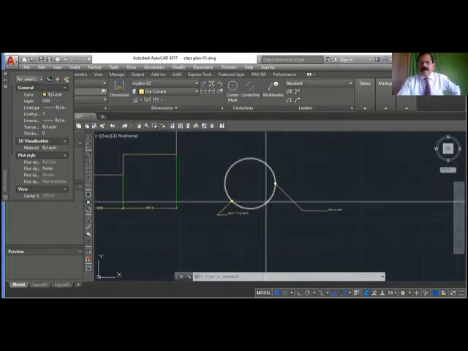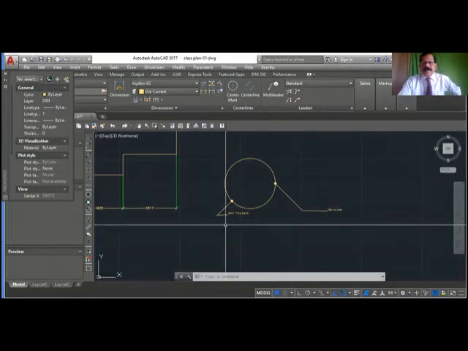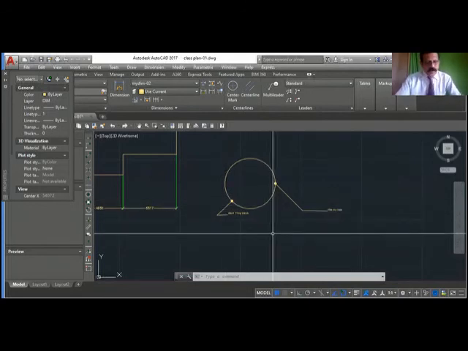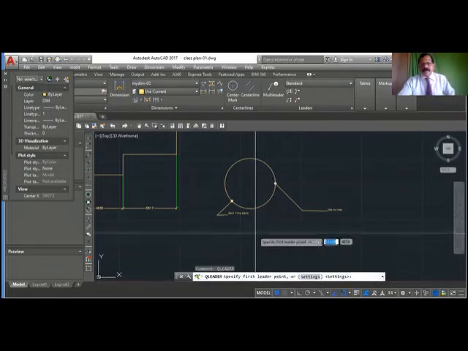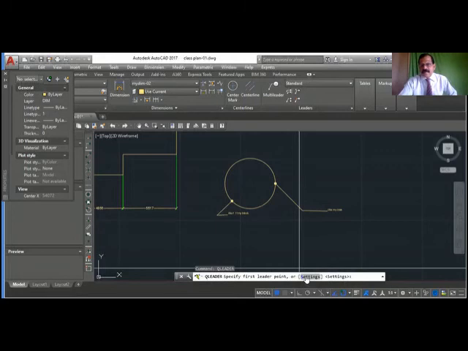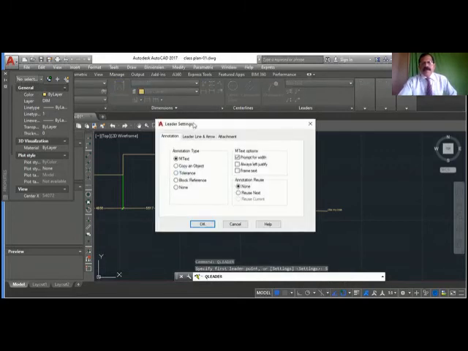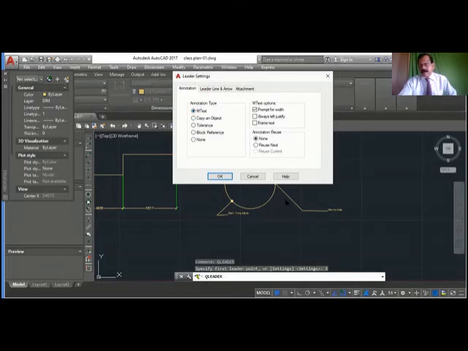Okay. Now here I was doing the leader. There is another command called Q leader. Quick leader. In the quick leader, when I say settings, you can create different types of leaders. One is M text, where you want to type M text. Copy an object. Suppose you want to copy this to somewhere else. Copy. Here instead of writing, you want to put a block. You can show a block reference. None. If you want only arrow, use the none. Okay, let us see M text.